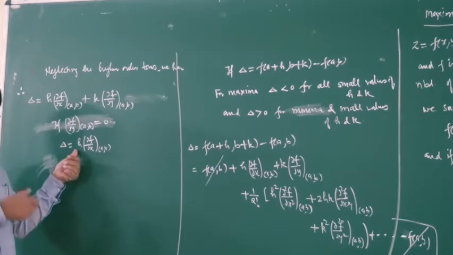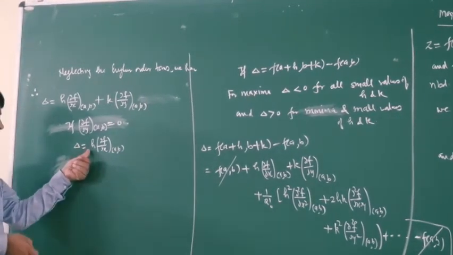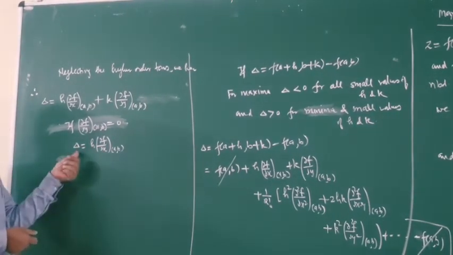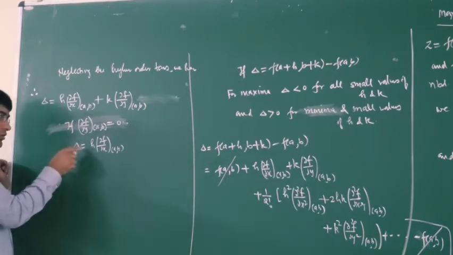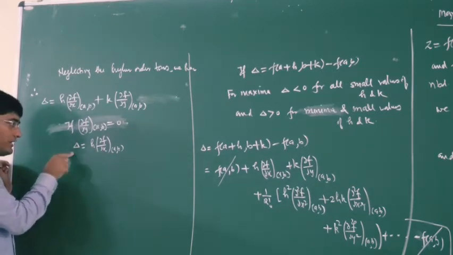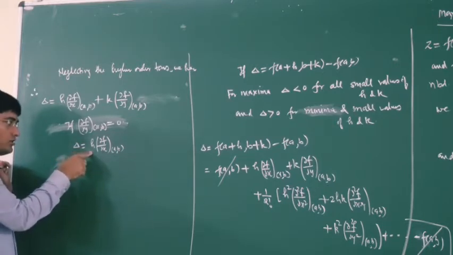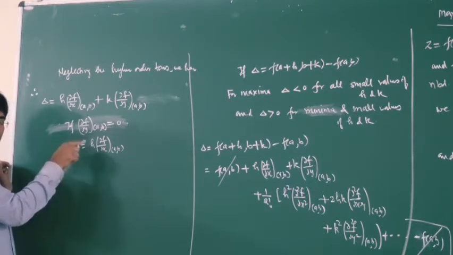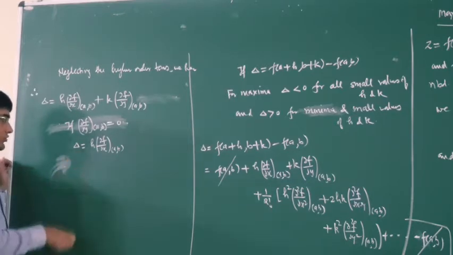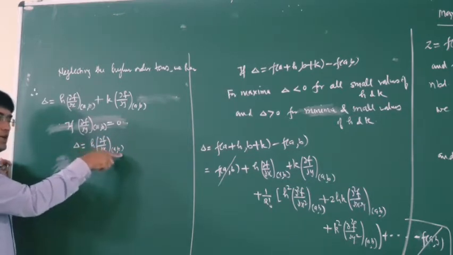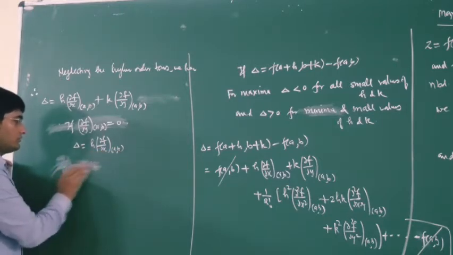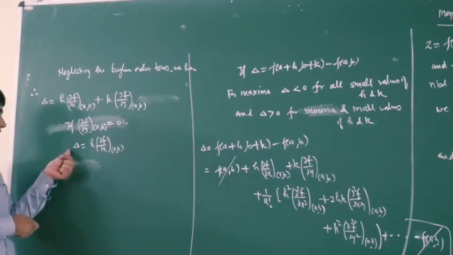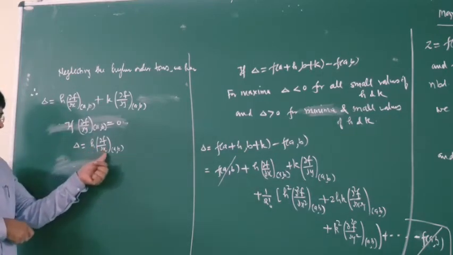Its sign has a variation in its signature. So we can say that it does not have any maximum or minimum, because it should have either a positive sign or a negative sign. As the sign of delta depends on the sign of h, we will not have any maxima or minima. So for that our del f upon del x at a comma b must be 0. Therefore our delta is equal to h into del f upon del x at a comma b.